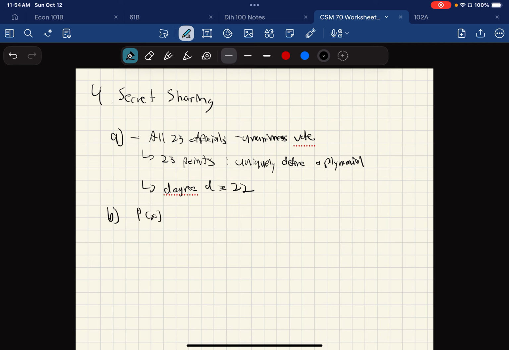So what they should do is send in the point I, comma, P of I, because that's going to be the point needed to uniquely construct this degree 22 polynomial. And if they want to vote against the law, they should send in